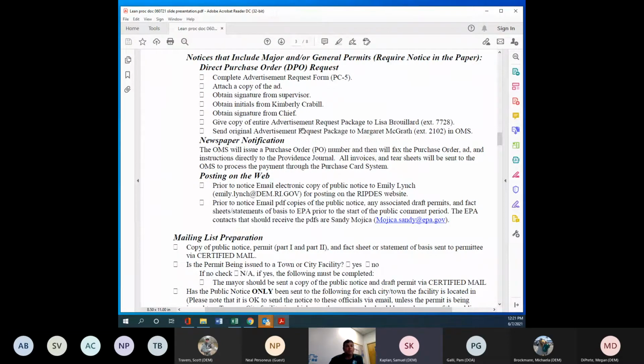And I'd like to thank Emily. Emily Lynch has been very helpful to us in posting these things to the web. So there's still a step to take, but it doesn't cost $1,500 to do so. And another benefit is that we're not troubling our Office of Management Services with putting a PO in for minor